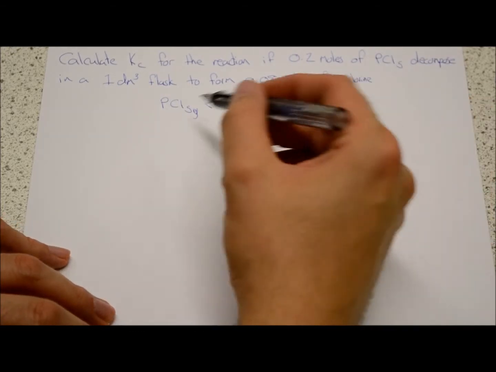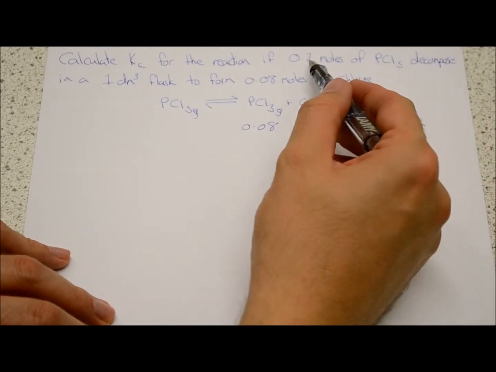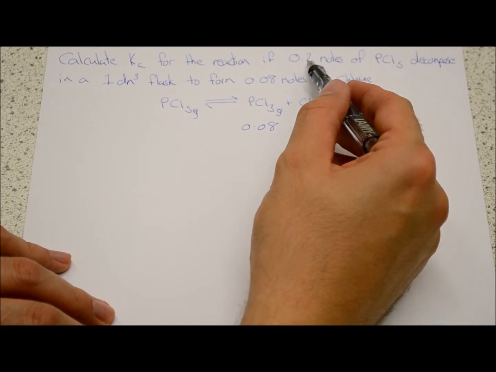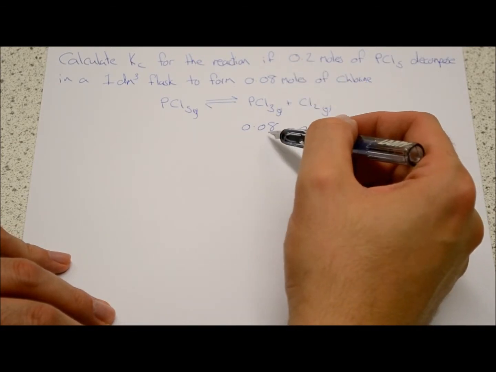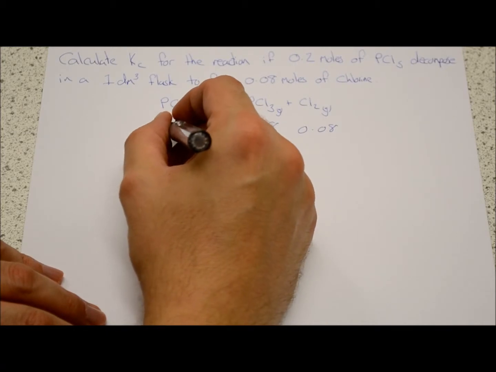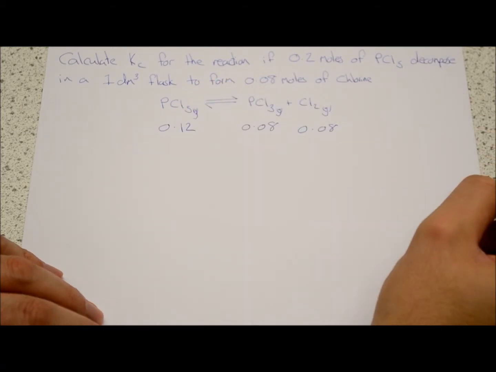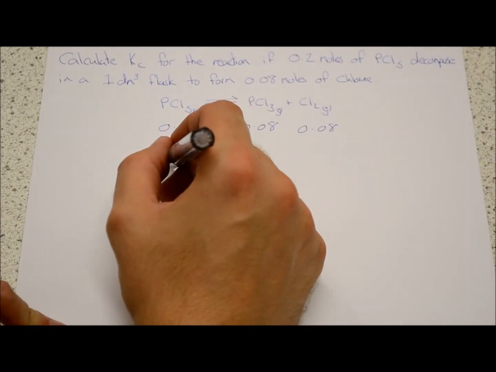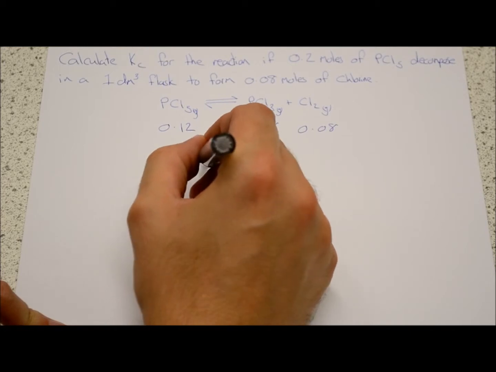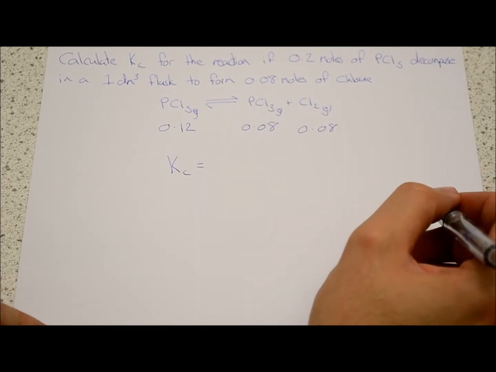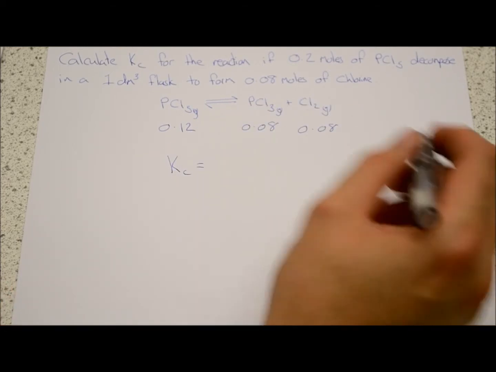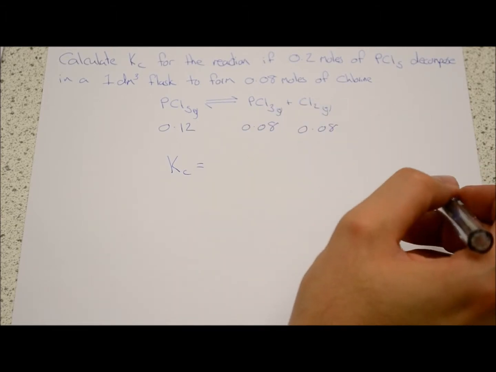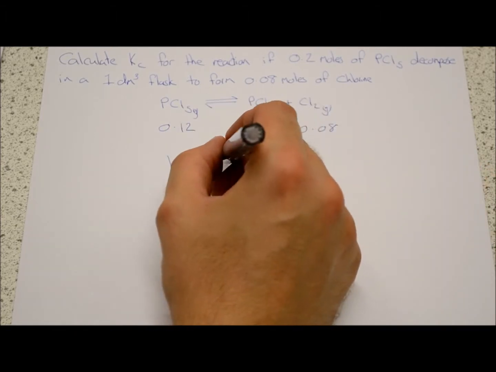Now, because it's a 1 to 1 to 1, if we start off with 0.2 and we've taken away 0.08, we're going to have 0.12 moles of phosphorus pentachloride left over. So now we can do our equilibrium equation, and Kc is equal to the concentration of products divided by the concentration of reactants. So it's going to be